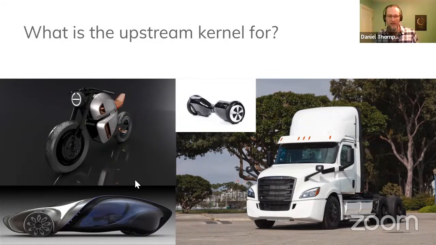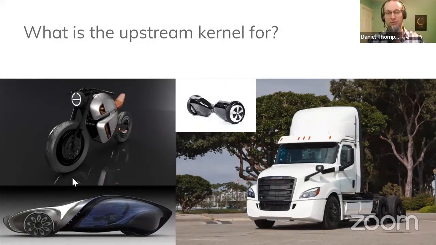This is an alternative graphic of the family of things that the maintainer might be trying to keep in mind whilst they work on the upstream kernel. This is a significant collection of differently sized vehicles. There are very, very big vehicles, there are very small vehicles, there are vehicles that are of similar size to the vendor kernel vehicle.